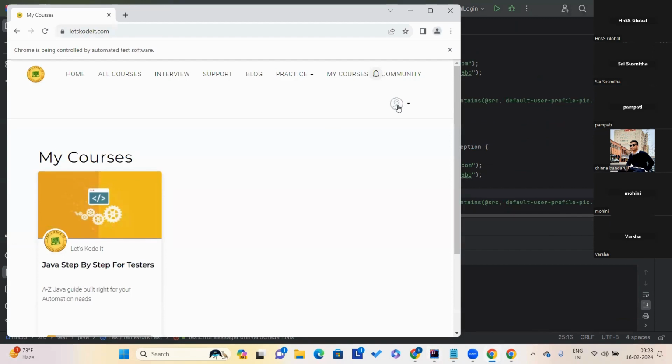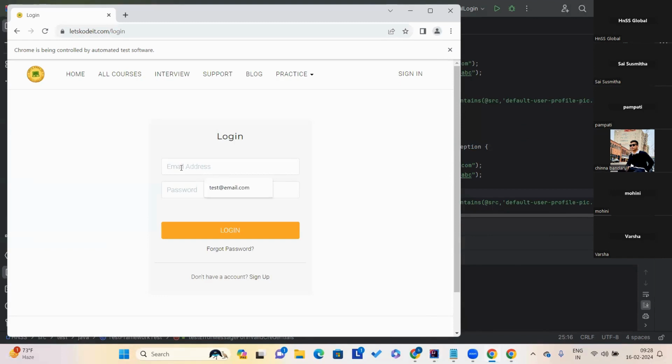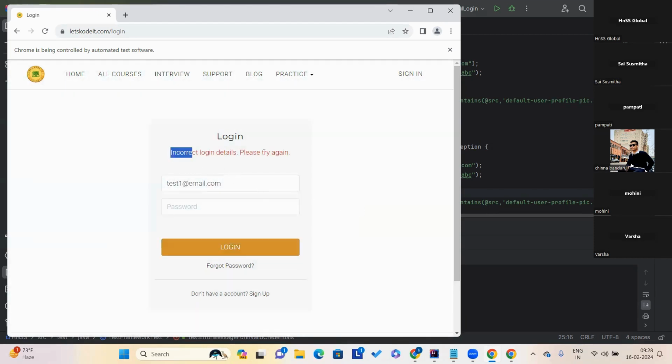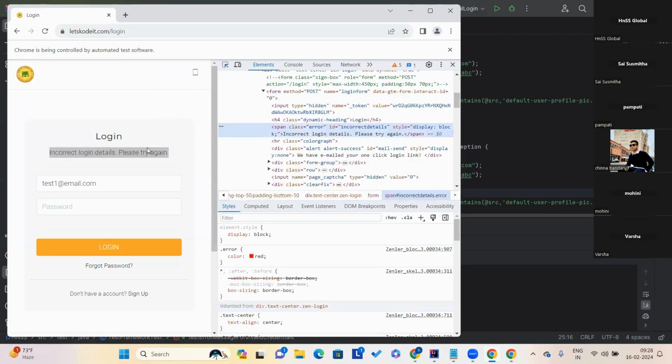Yes. So let me log in, log out, click on the sign in button. So these are the invalid credentials. After you click on the login button, you can see an error message. Now what you have to do is verify whether this incorrect login details message is displayed or not, right? So let me inspect the XPath for this. See, this particular error has incorrectDetails as the ID. Since it has an ID,